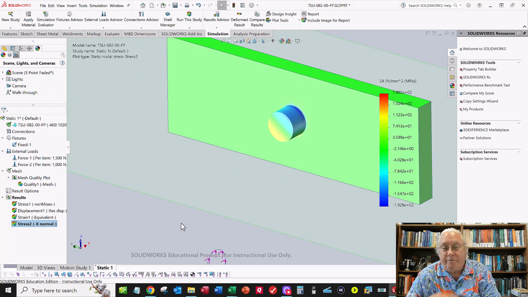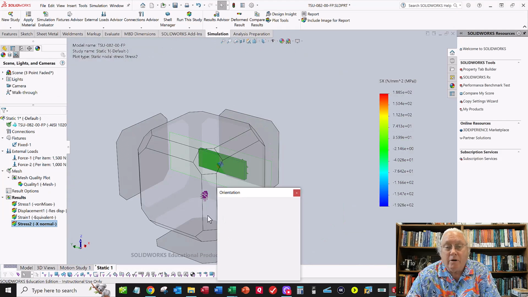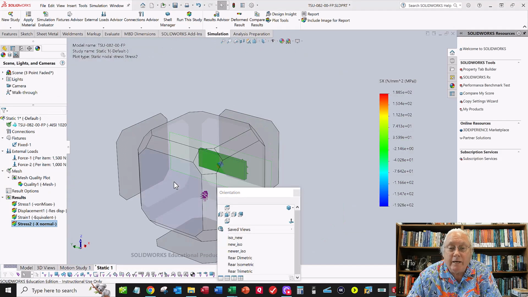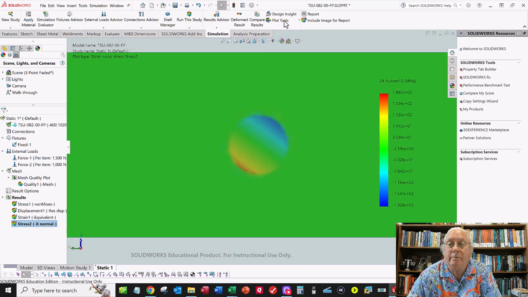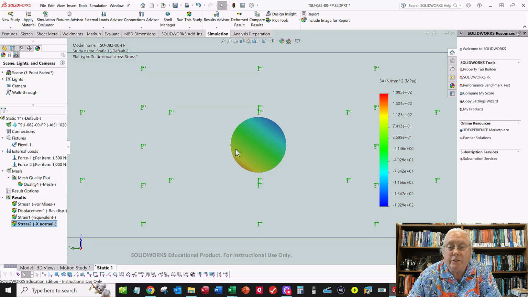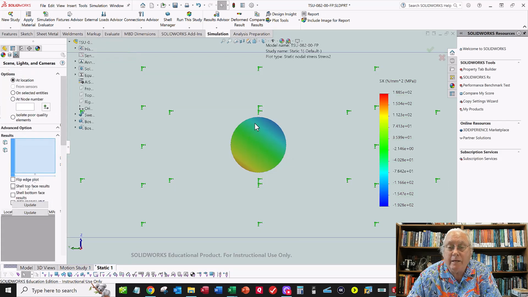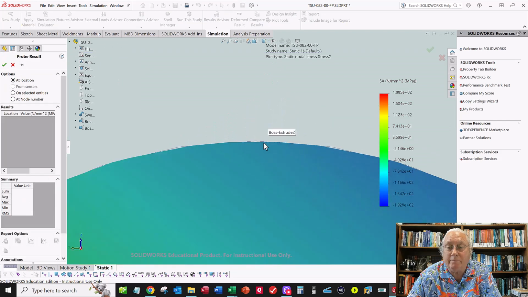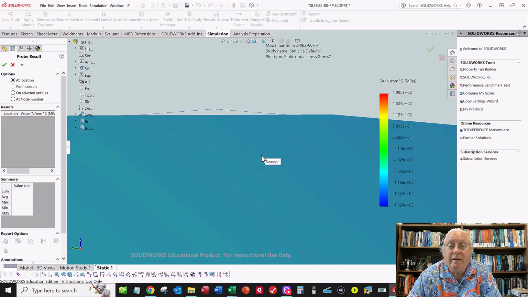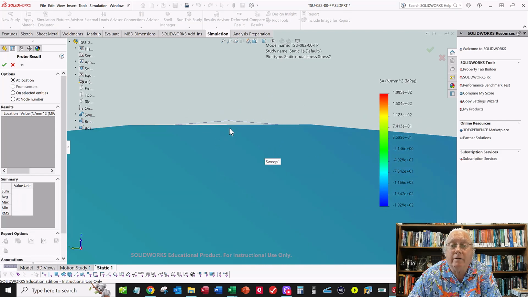Now I'm going to look at this thing head on. So I'm going to do a space bar, and I'm going to click on this face here so I can look straight into that face. I'm going to zoom in here, and I want to now say plot tools probe. Now it's only showing me what's happening on that face, and stress element A is up here at the very top. So I'm going to zoom way in, and I want to select the very middle at the very top,